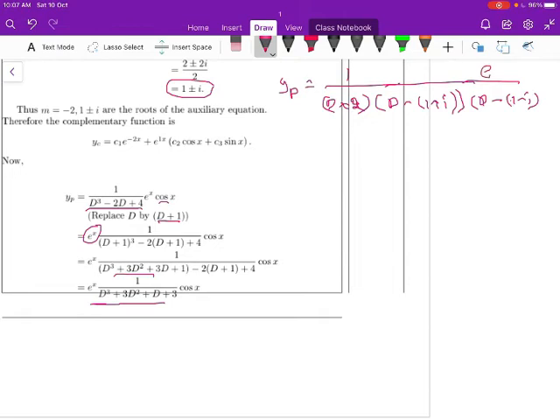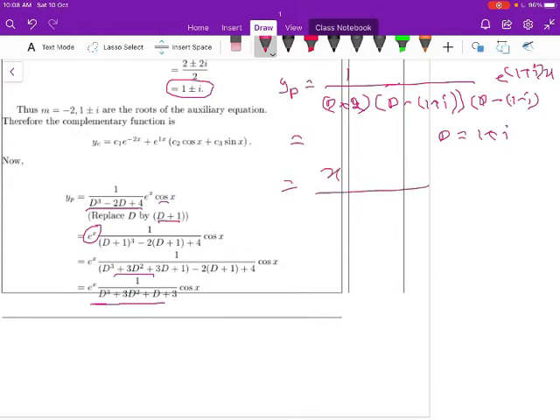into e power x cos x, which can be written as e power (1 plus i) into x here, where cos x is the real part of e power ix. So here in the case of exponential, wherever D, just take 1 plus i. What happens here, if I take D is equal to 1 plus i, then D minus (1 plus i) goes to 0. So therefore what to do here?